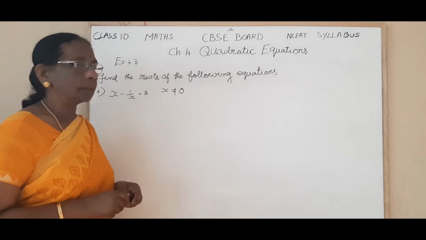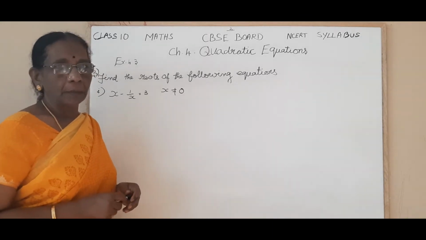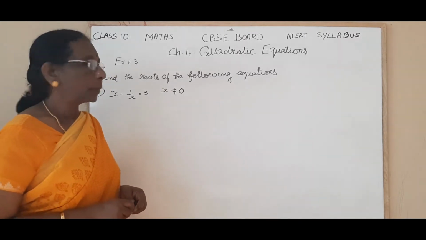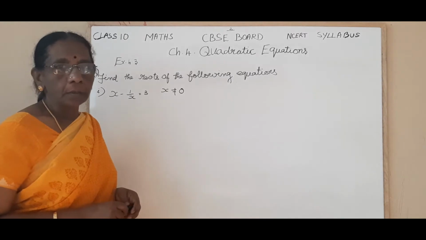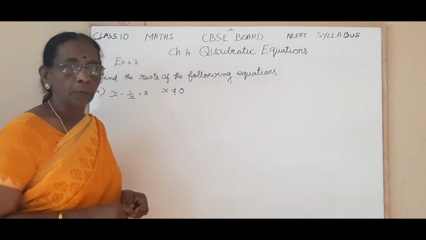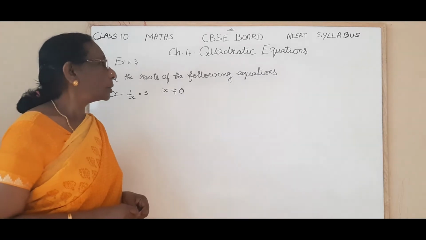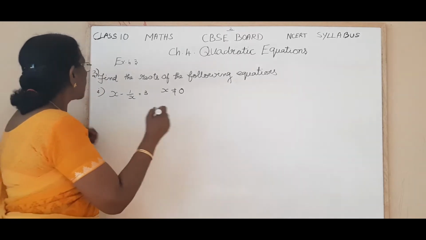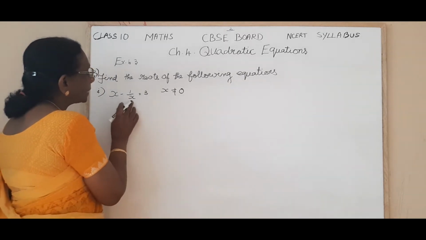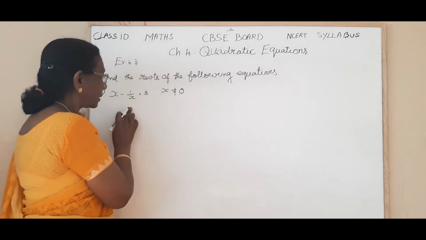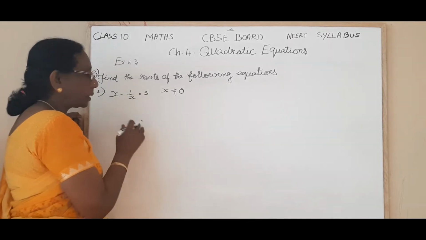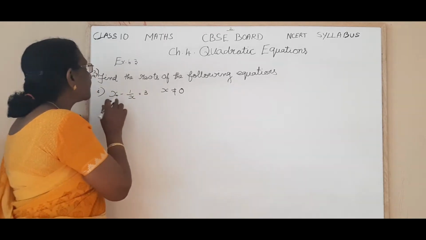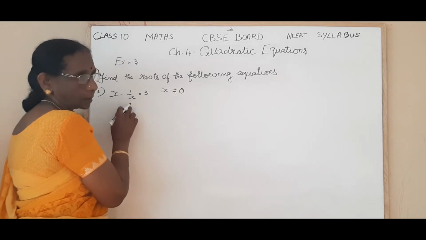Yesterday, in the previous session, we did the example sums. The same way we are going to do these sums also, because this type of sums is very important, and since word problems are not included in your syllabus this year, you may be getting this type of sums in the board examination. Now what should you do? You have to eliminate x from this term. How to eliminate that? You have to take the LCM of all the three terms. For that, you have to multiply each term by the denominator x.